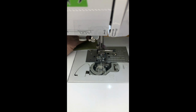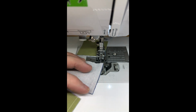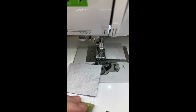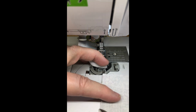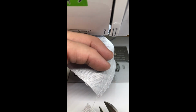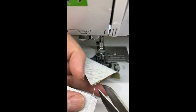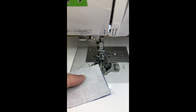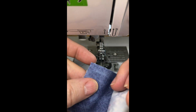Okay, so if you have a cutter, then just push the button and cut. And I love that feature. Then I can go back and I can cut these apart, and you can see what it is that I have done by daisy chaining these together. Okay, so the first one looks just like the picture in that it's blue on the left